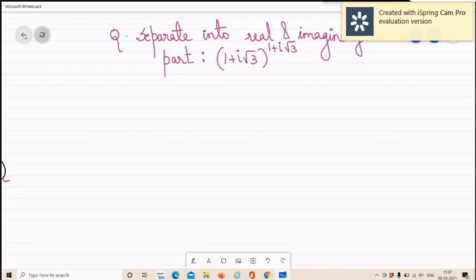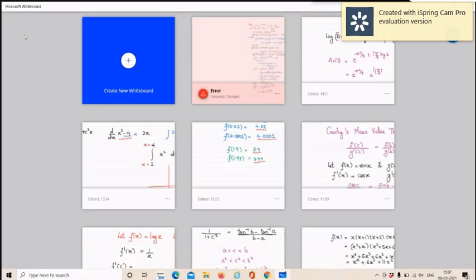So please, I have never told you all that I'm only available from this time to this time or anything of that sort. You can always send me your doubts on the WhatsApp group or personally, whatever you're comfortable with, so that I will know that yes, you're facing any difficulty. Is that clear? So let's go to the next sum.